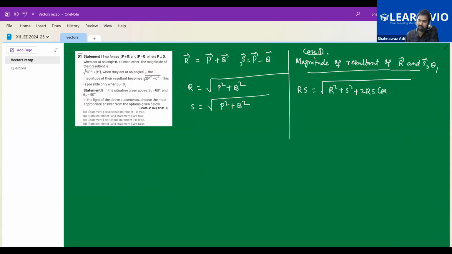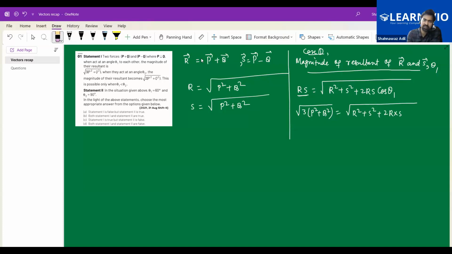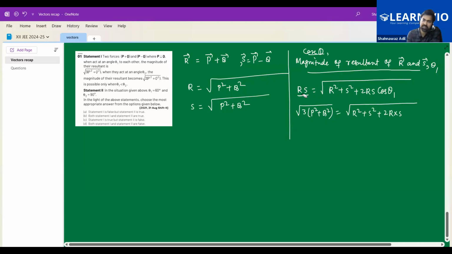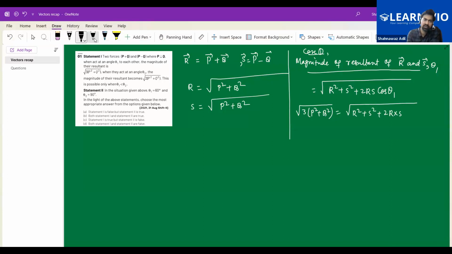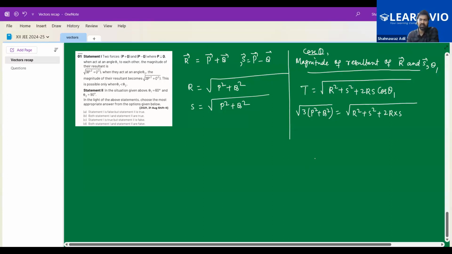This would be cos theta 1, right? And we know how much this magnitude is. They have said that the magnitude of their resultant is root of 3p square plus q square. This is the magnitude, and this is r square plus s square plus 2r into s. Let me name it as t. Right, and then if we square these things,